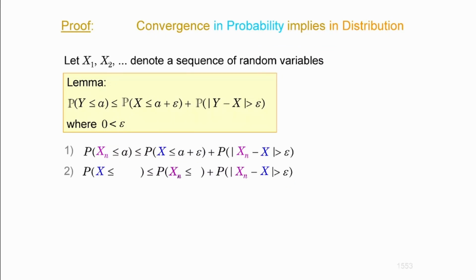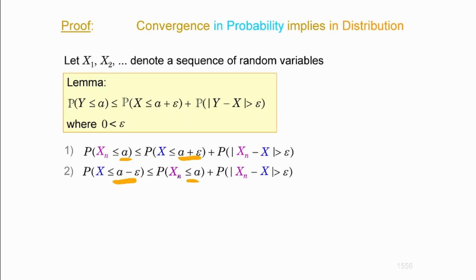So I'm going to substitute a accordingly. a is going to be substituted by a minus epsilon. So then if a is substituted by a minus epsilon, then a plus epsilon becomes a minus epsilon plus epsilon, which is a. So I'm going to change that as well. If you're confused, I understand. This is just substituting it. Reparameterization, that's the term. The only thing that matters is the distance between these two values, which is always going to be epsilon.